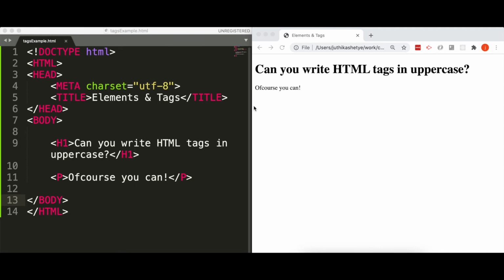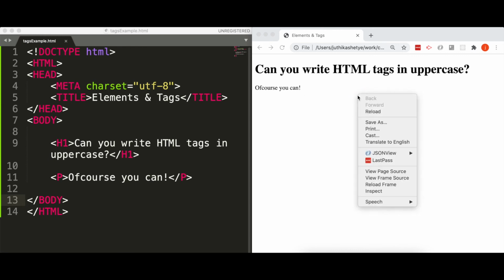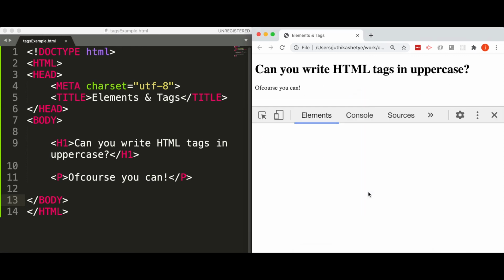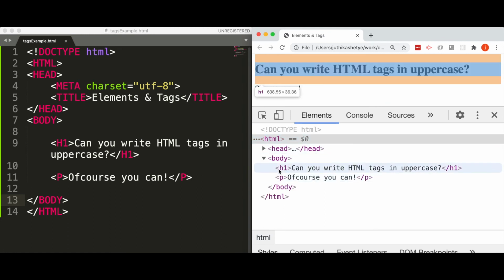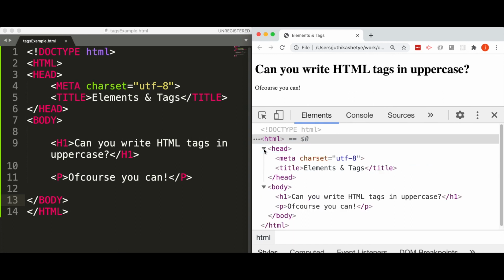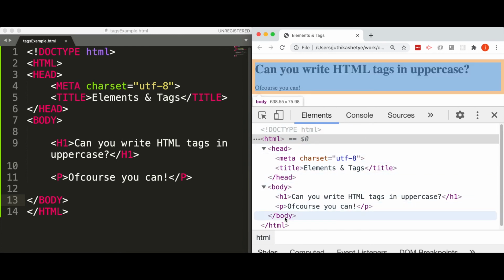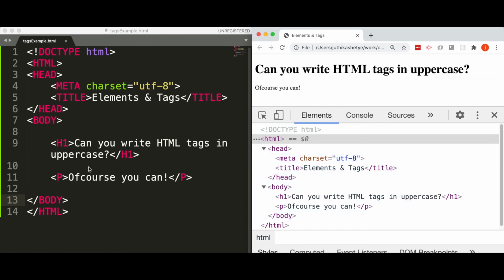One other thing I wanted to show is that when you open your web page in the browser and right-click and inspect the site, you will notice that all the elements will be seen in lowercase, regardless of how they were written in the actual source code. For this reason, if you stick with lowercase tags, you will find it easier to work with developer tools because the code you see here will be more consistent with the source code you have written.